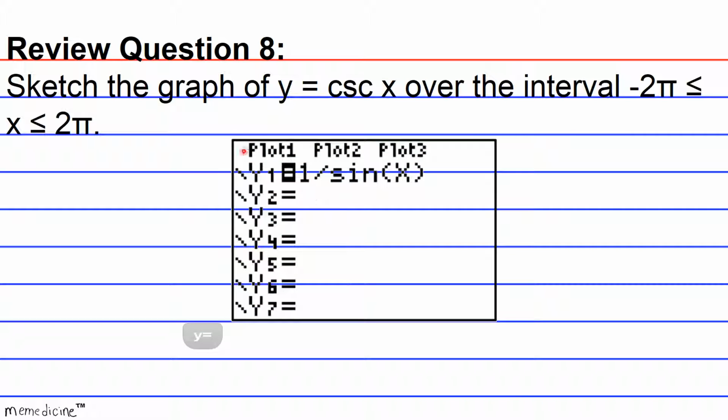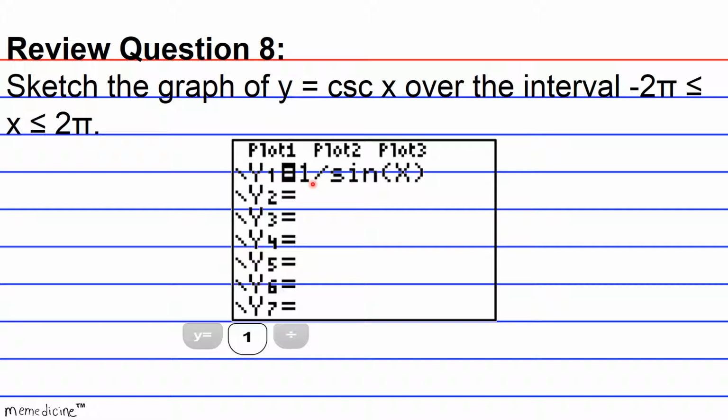And we do this by hitting the y equals button at the top of the calculator towards the left-hand side, and the screen will come up. And your cursor will automatically highlight the Y1 line. It'll be bold, with a black background. That means that this will show if you are to graph this function. Okay, so in order to input the cosecant of x, remember it's the reciprocal of sine. So most of these calculators don't have an actual cosecant button. So what you have to do is manually manipulate sine. So you're going to do 1